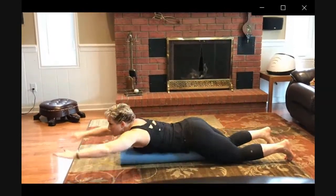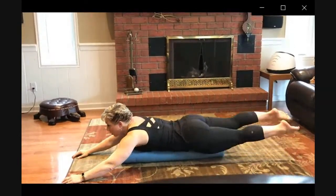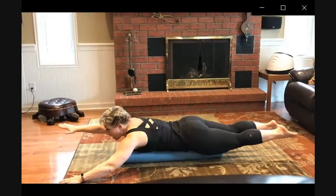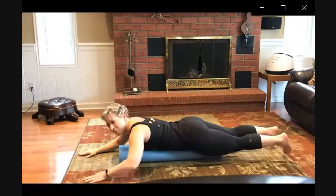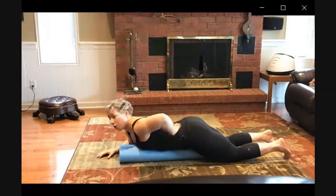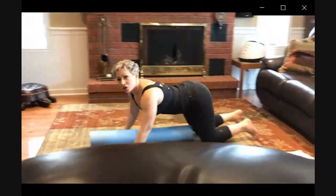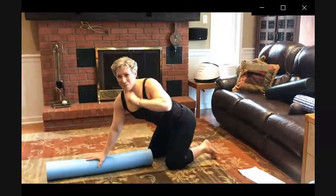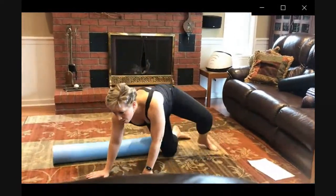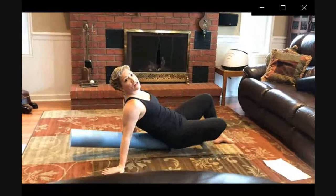If you want to make it harder, 2 arms or 2 legs, or even just 1 arm and 2 legs, making it much harder to try on both sides. That will engage your QL, your lower back, upper neck to strengthen your back. That's number 1 bonus. Number 2 bonus, strengthening your core as you put the roll in the middle of your